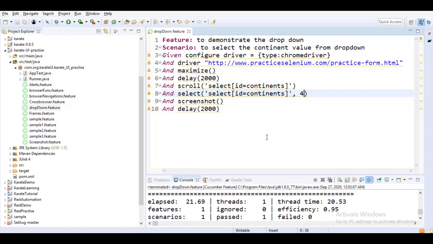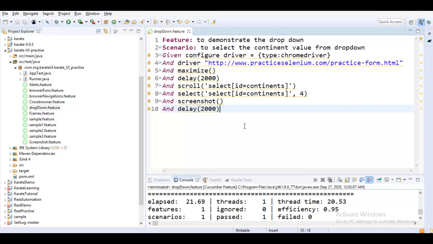If you have something more dynamic, where it is not a plain vanilla HTML select, then you may not be able to work with select. So we have another method called script, wherein you can call some JavaScript function, similar to how we execute script and execute asynchronous script in Selenium. Such scripts can be called through the script method. So until then, we now have an understanding of how to work with drop down, and how to grab a value and then take a screenshot.